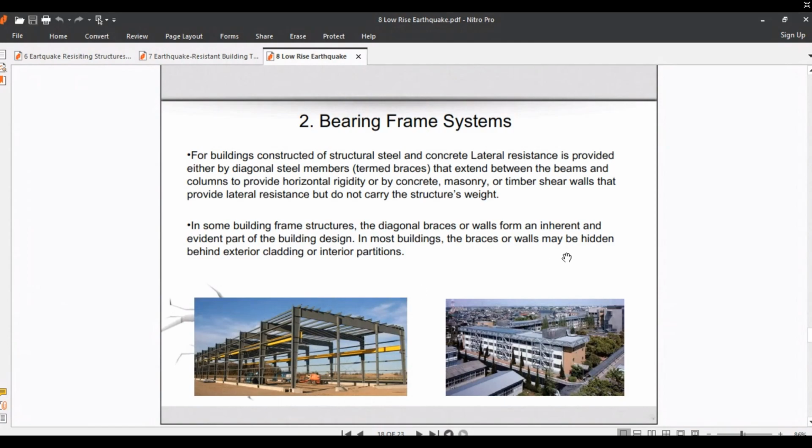For buildings constructed of structural steel and concrete, lateral resistance is provided either by diagonal steel members, pyramid brace,